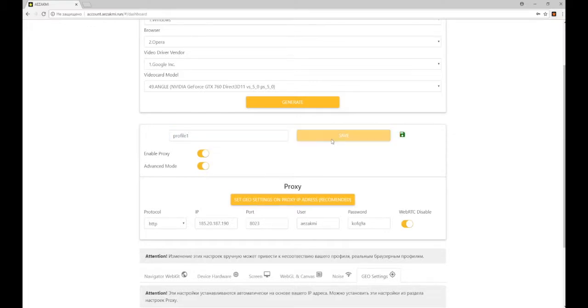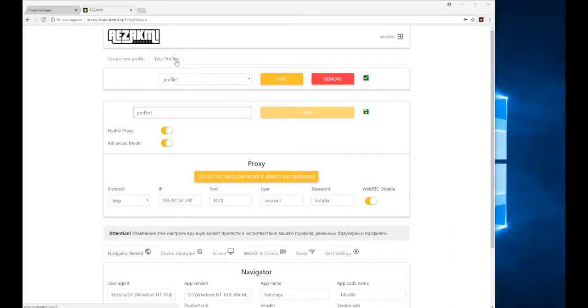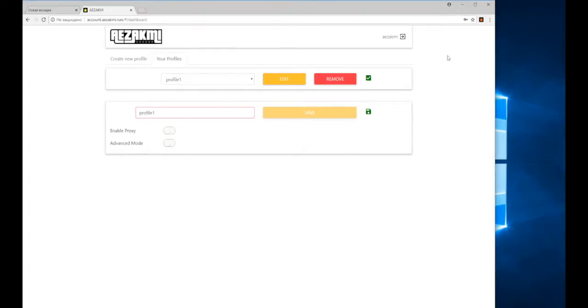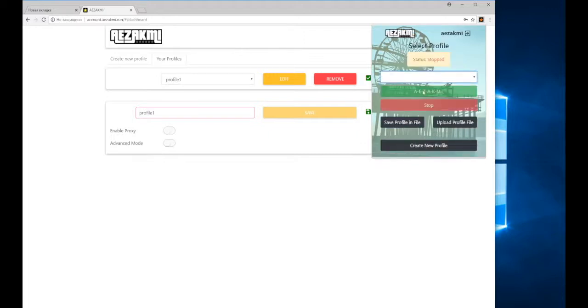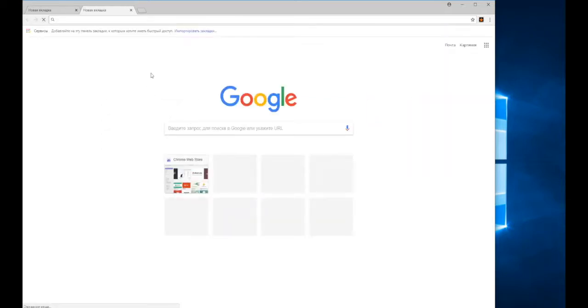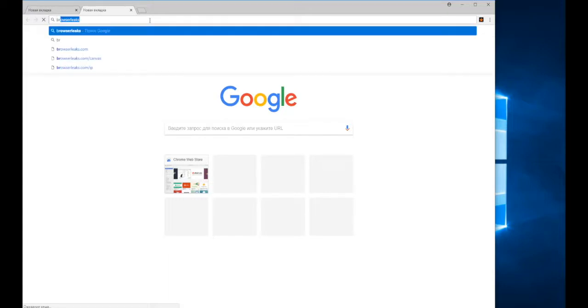In the tab Your Profiles, you can edit your fingerprints, change parameters and even delete them. Now go to the AEZAKMI extension. It is also necessary to log in over there. As you have configured and saved the new fingerprint profile, it will appear in the AEZAKMI extension, and you can choose it from the list. Now I am applying a newly created profile, and we see that the status has changed